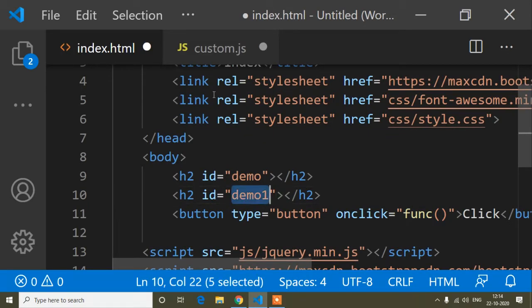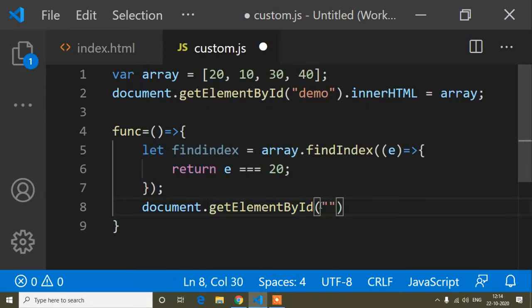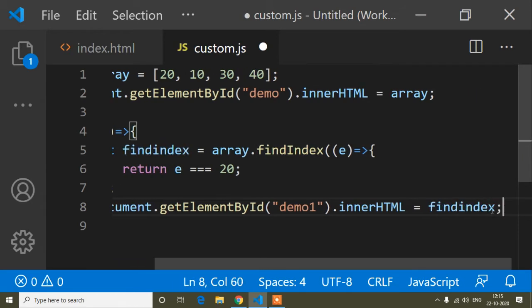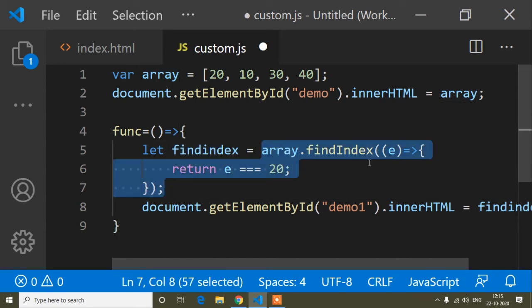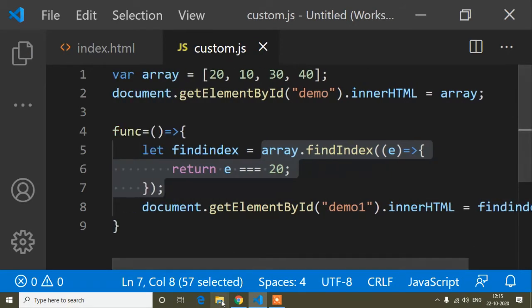So I will copy this demo1 id and here I will write dot innerHTML equals, and I will copy this variable and paste here, because in this findIndex variable I stored the result of the findIndex method. So first of all I will save and show you the view here.